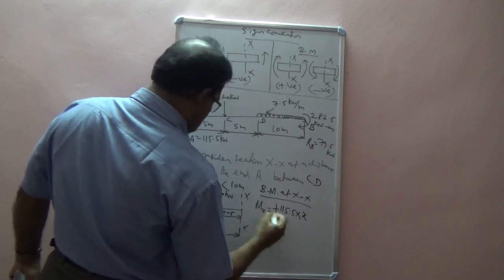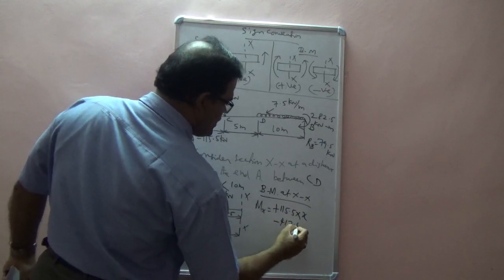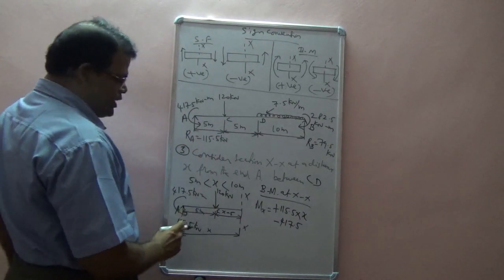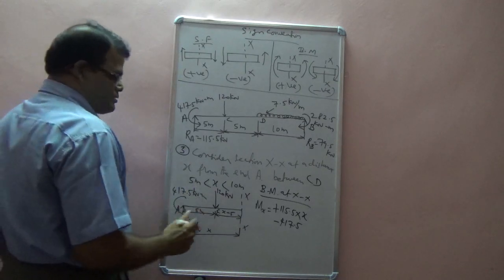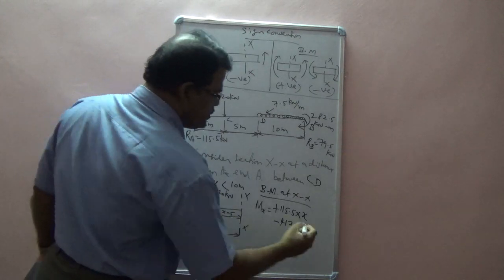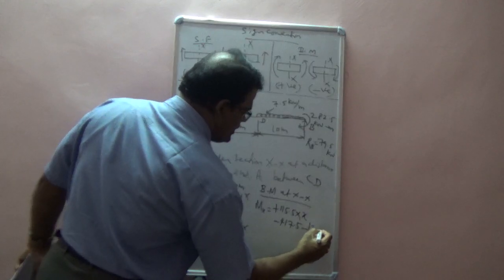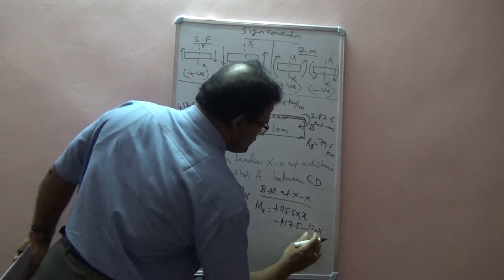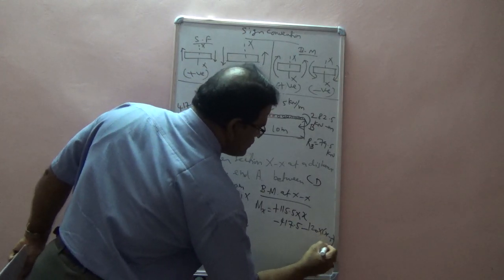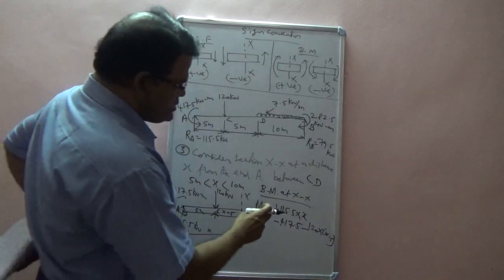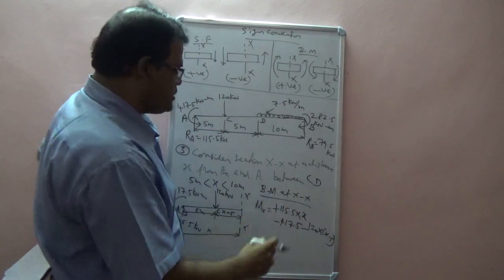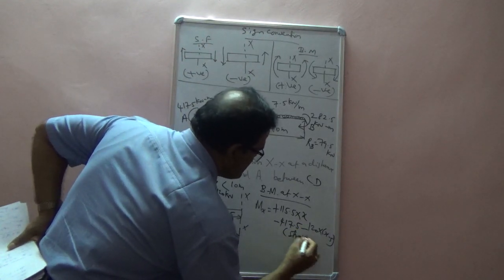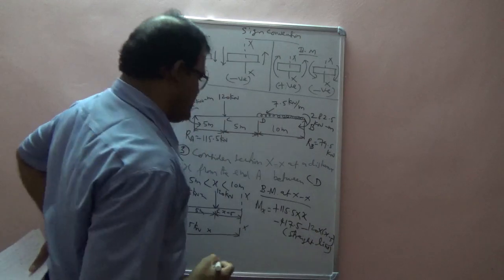Another, minus 417.5 kilonewton meter, is the moment already acting in the anti-clockwise direction. You need not multiply it by distance because it's already a moment. Then next, at point C, 120 kilonewton, so minus 120 multiplied by this distance, which is x minus 5. So this equation has only an x term, therefore it will follow a straight line equation. This is a straight line equation.